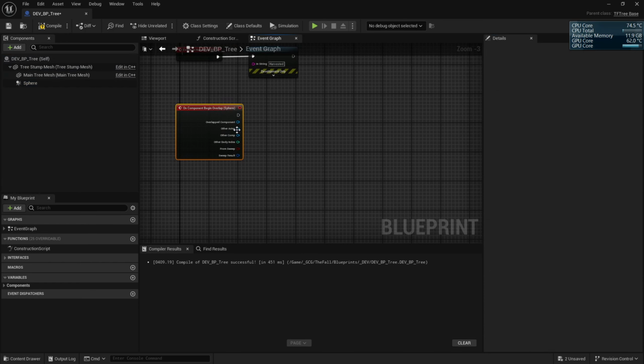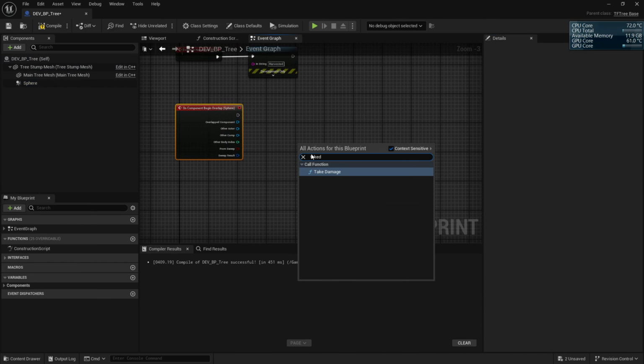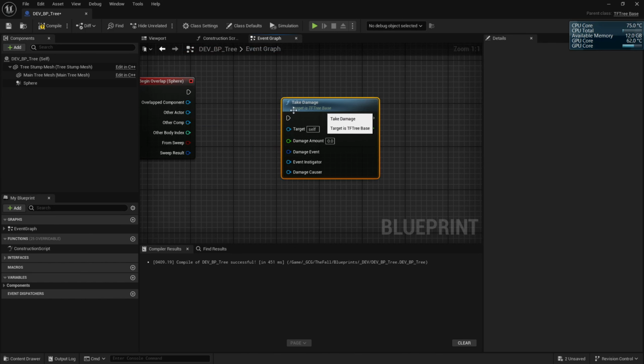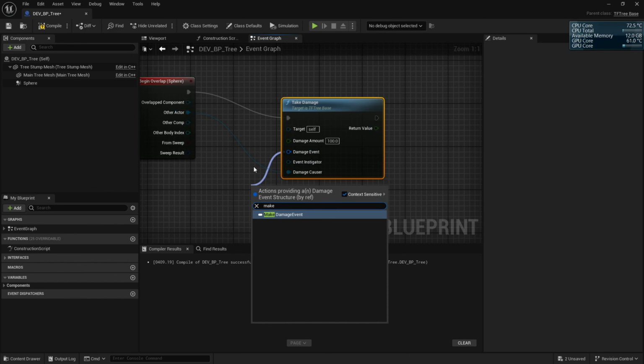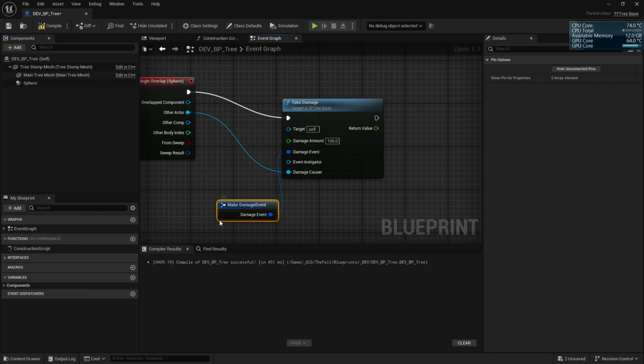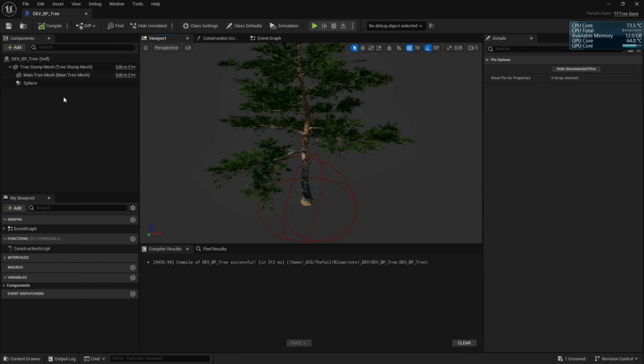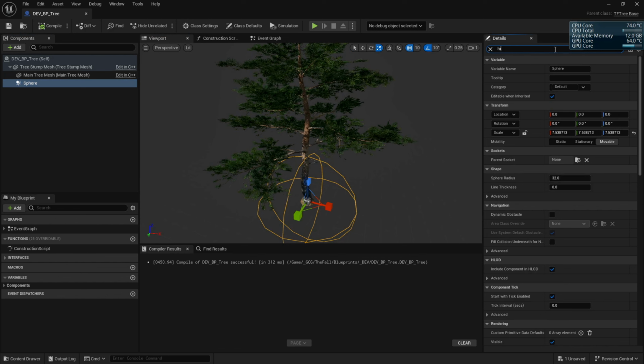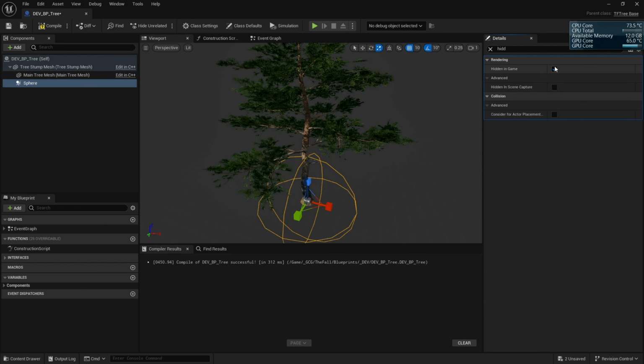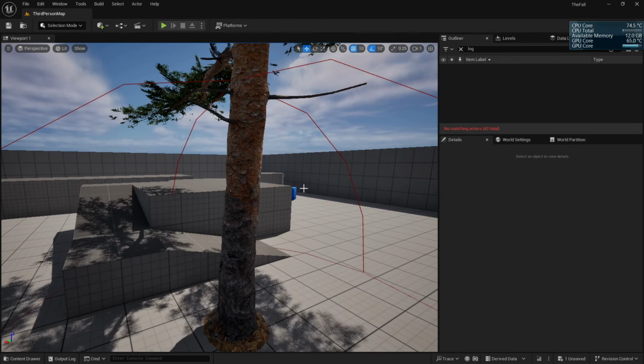On begin overlap. Take damage. Again, you can see this is calling the TF base, TF tree base. Damage amount, I'm just going to do 100, so it does this once. Other actor, and then make damage event. And they should compile, yep, and save. And then the other thing we want to do, just so we can actually see, let's just grab this, hidden in game. We're going to turn that off, so that way we can actually see the sphere in the world